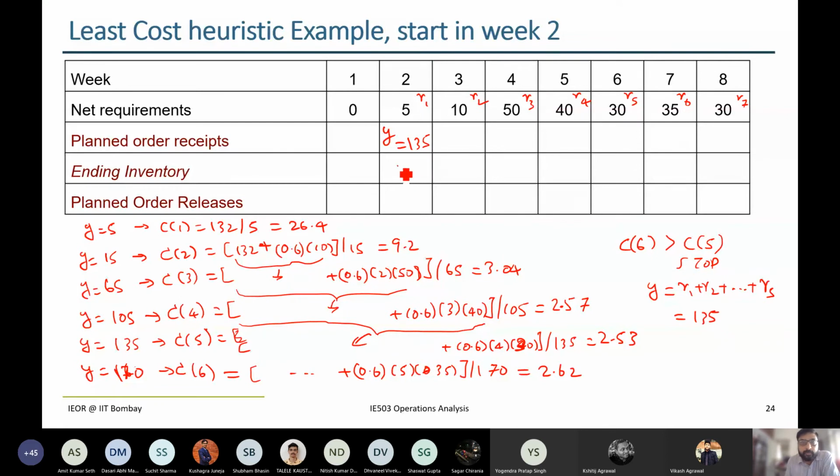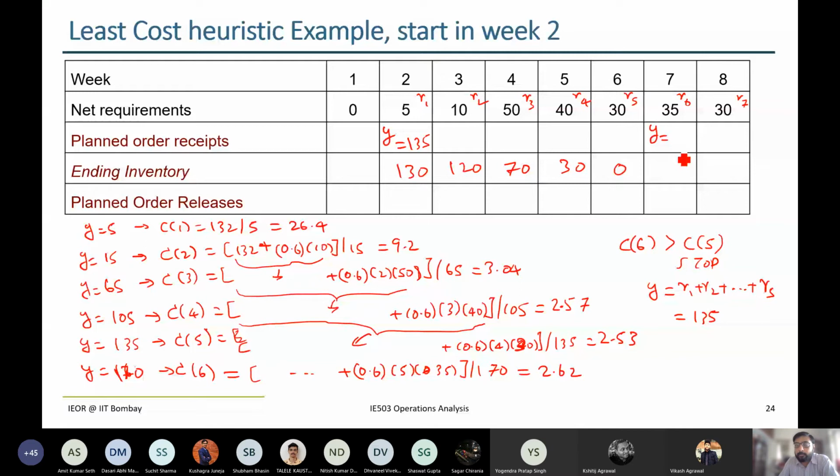So if you see here, 135, then the ending inventory becomes 130 here, then 10 units, and 120, 70, 30, and then it becomes 0 at the end of this particular period. Now it's quite trivial to see that the cost is anyway going to reduce here. So we can go ahead and actually write out those numbers. We don't need to do the math. So this has to be 65 units.